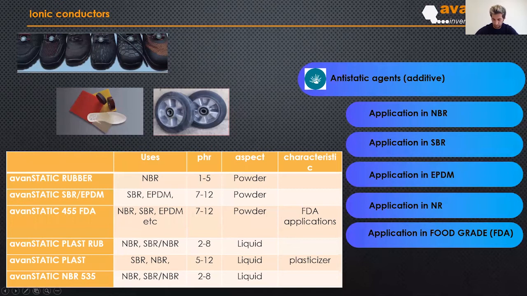For example, in the case of Avanzare, we have additives in powder form and liquid form, valid for NBR, valid for SBR, valid for EPDM, even for food grade applications. Everything is possible, only in function of the rubber, because each rubber has different polarity, so you need to work with one product or another. There is not only one product that you can add to get the conductivity. You need to adjust the formula or the product in function of